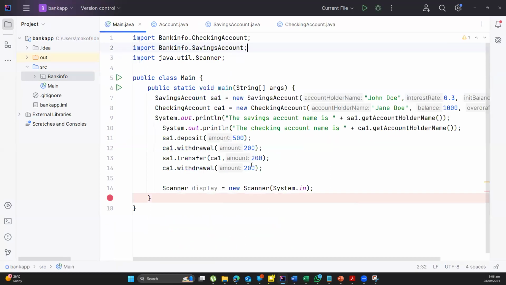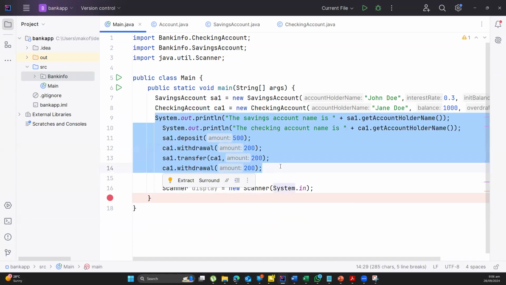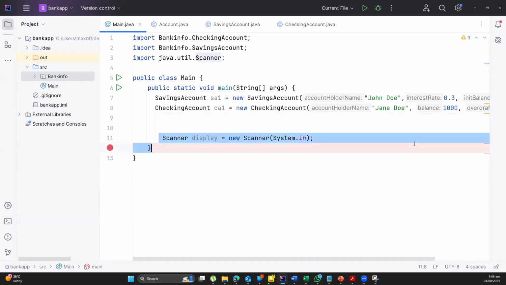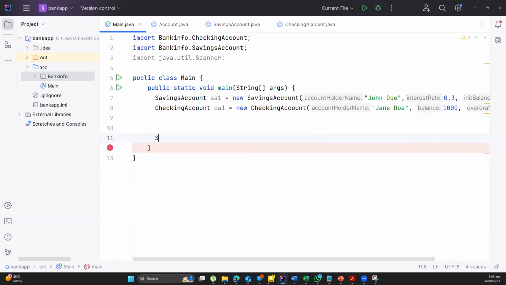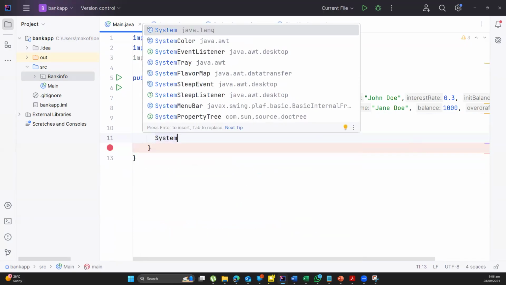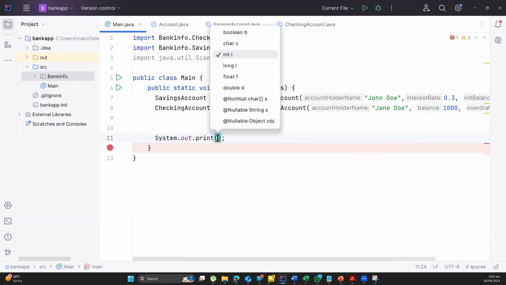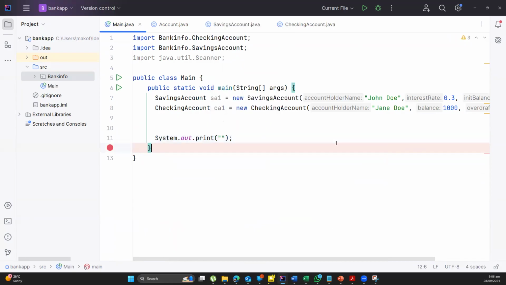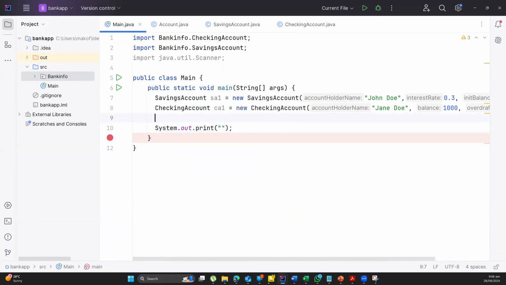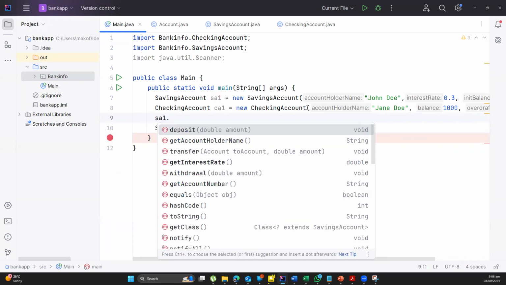Public means that when I come here, and let me remove all of these things here, and then let me remove this one too. I'm going to tell the computer System.out.println, or no, print is fine. So here, I'll put something in here to print. Over here, I'll tell the computer I have created a class called account. So I have an object called SA1. In SA1, I have the ability to have,